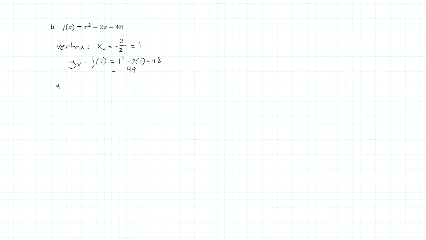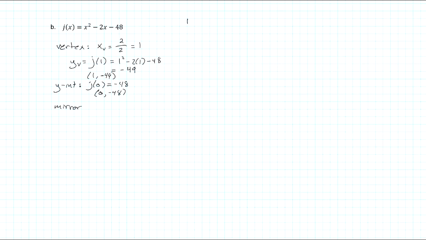And then we want the y-intercept. And so we'll say, what's j of 0? And we'll get -48. So we get the point (0, -48). Oh, the vertex point is (1, -49). And then the mirror,